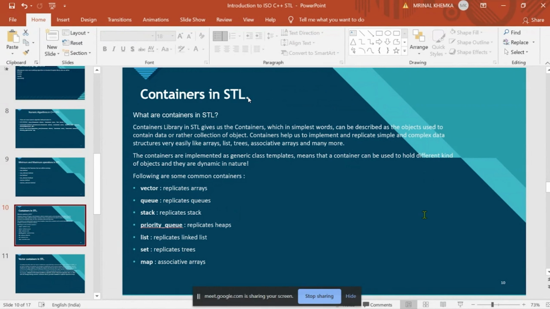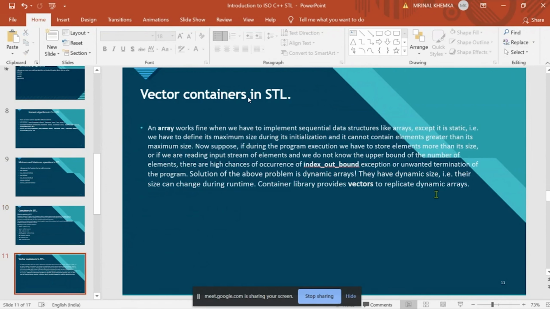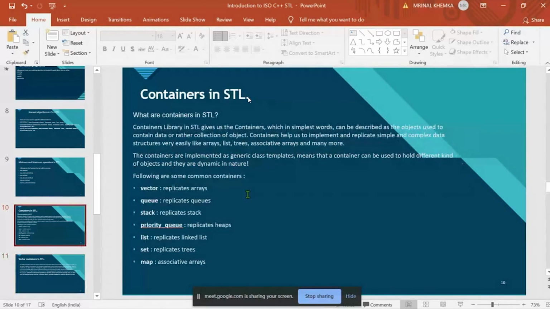The containers are implemented on generic class templates. The most common containers you can see here are vector, queue, stack, priority queue, list, set, and map. In this session, we are going to talk about vectors.